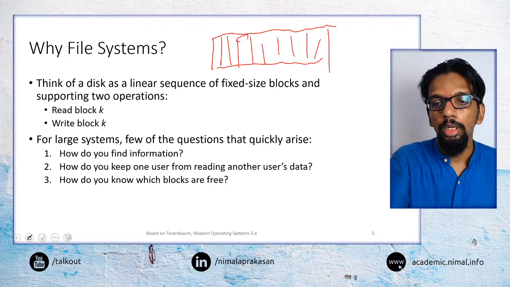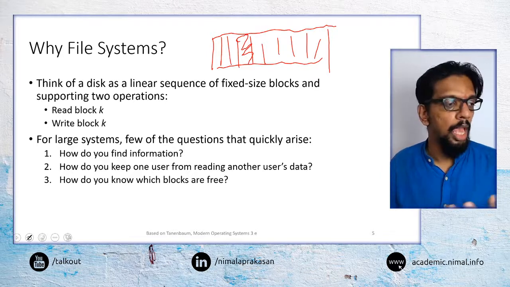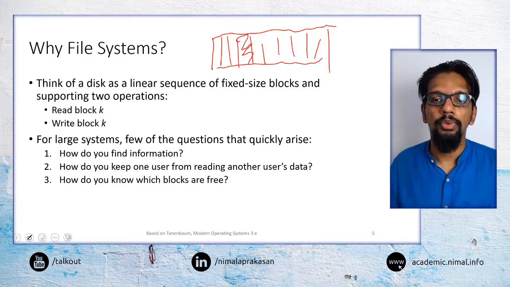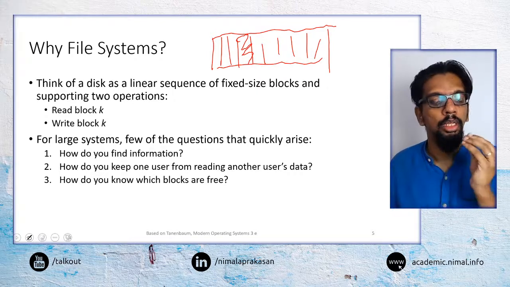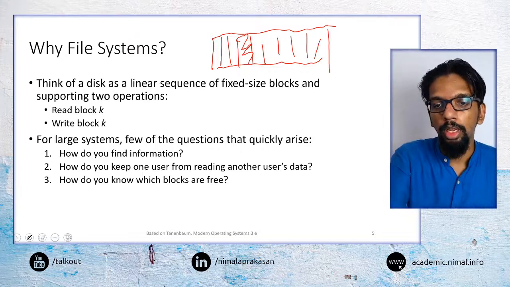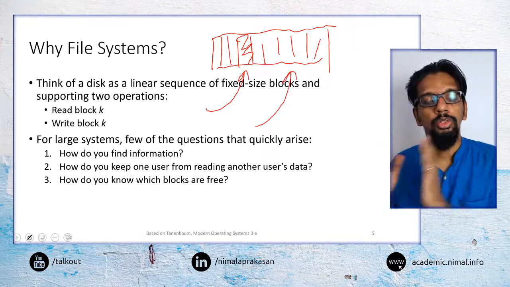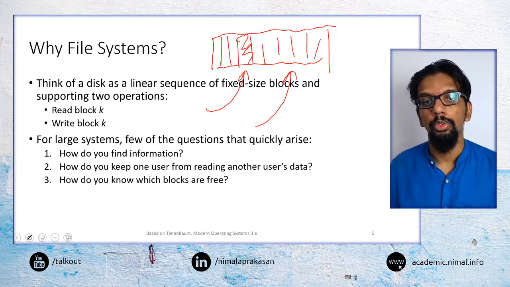But now, if the information is stored in a particular place, we should have a mechanism to go to that place and find that information back. So how do we find where a particular piece of information is, whether it is here or there? Knowing where the information is, that is one thing we would want to know.